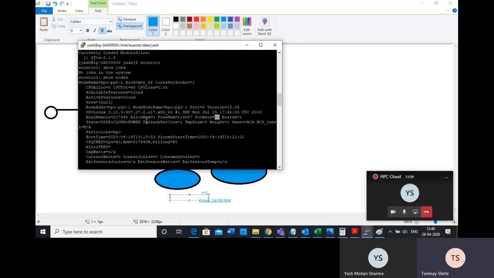So this is a 60 CPU machine and about 220 GB of RAM available there, right? And this is the machine name HPC PG1.